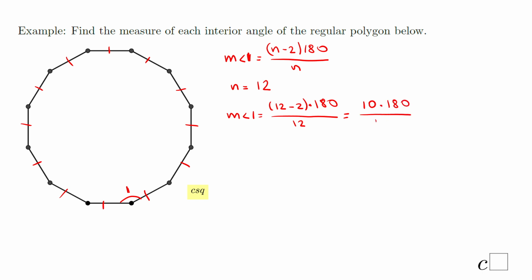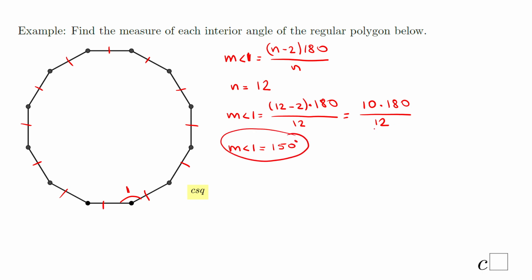So if you don't have a calculator, or you cannot use a calculator, obviously you may want to simplify. Well, I'm going to use a calculator here, and I'm going to do 10 times 180, and then I'm going to divide by 12. 150 degrees, that is the measure of angle 1. Like I said, if you don't have a calculator, or you cannot use a calculator, it's not super complicated to